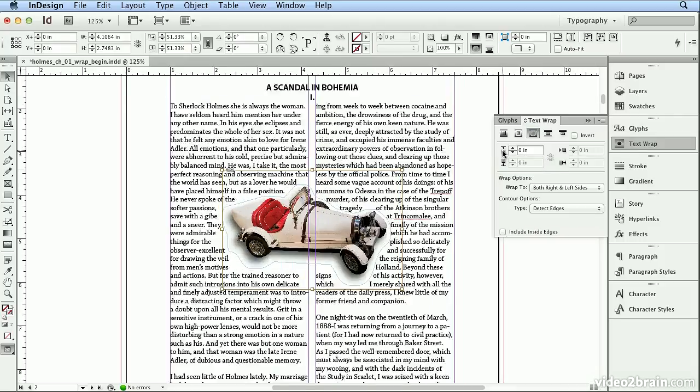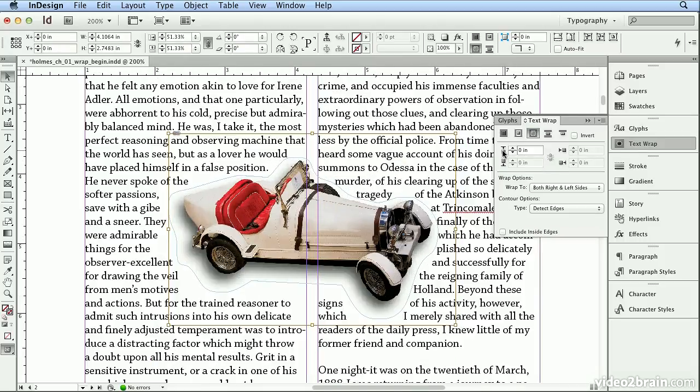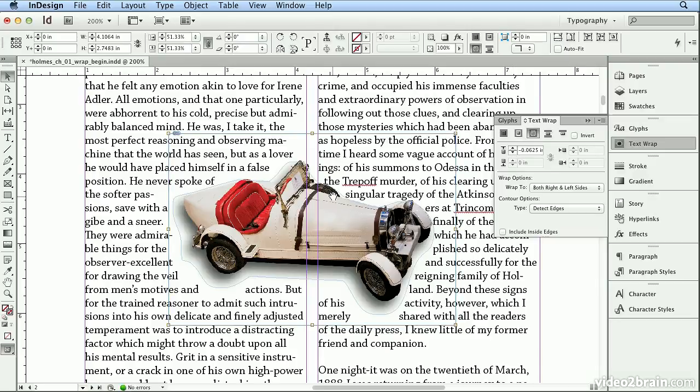And I'll zoom back in with Command plus on the Mac or Control plus on Windows. And some of this wrap is not pleasing. In fact, I can tighten the wrap and move even a little bit into the shape. Since this lighter blue line is only used for text wrap and not for cropping of the image, it can go a little bit inside the car and it won't clip it. And if I use my Direct Selection tool,